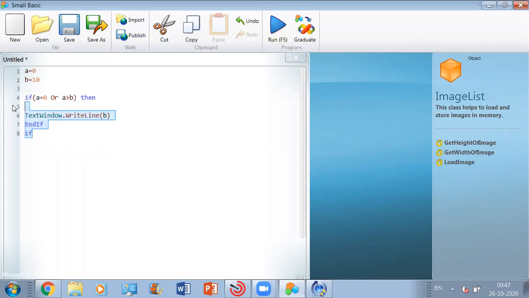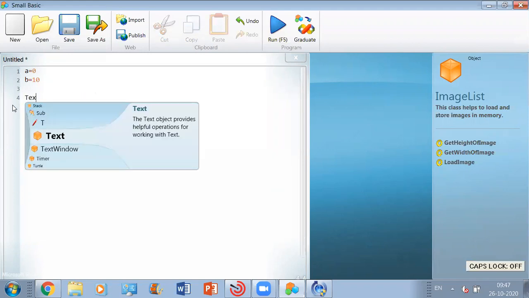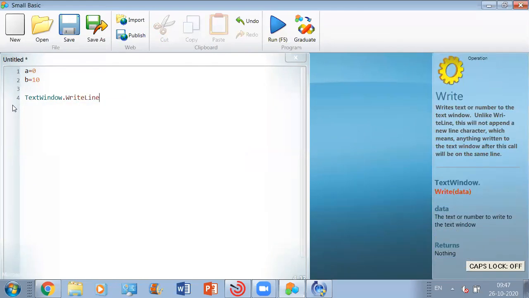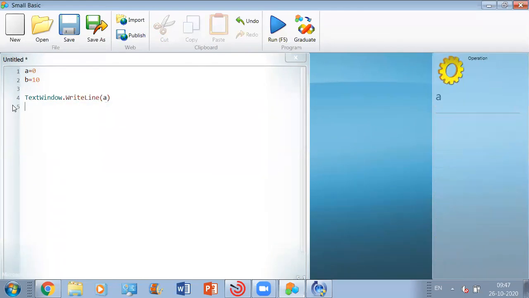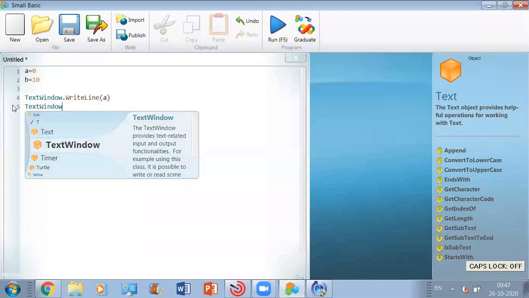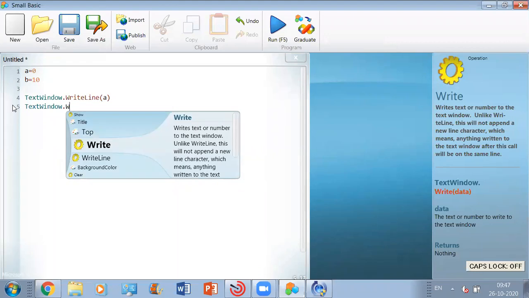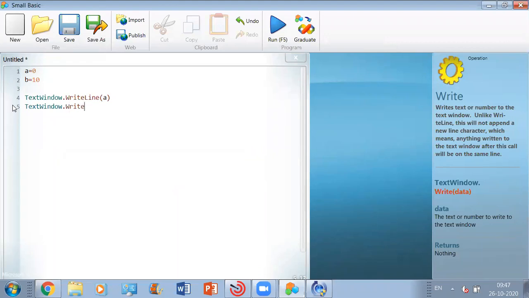We are already done with discussing the difference between WriteLine and Write. Am I right? We had studied the difference between WriteLine and Write. What does WriteLine do? Let me just show it to you one more time. Suppose you use WriteLine. Sir, can I tell the difference between WriteLine and Write? Yes, please go ahead, dear.